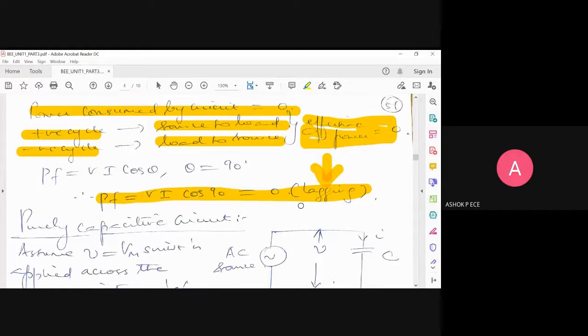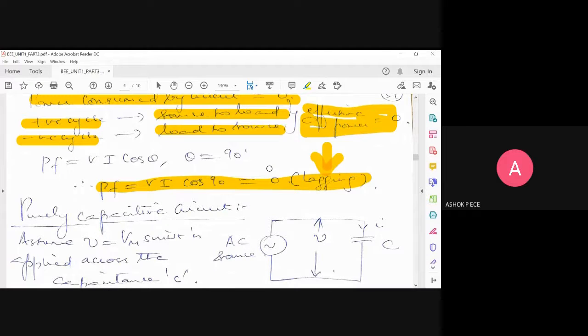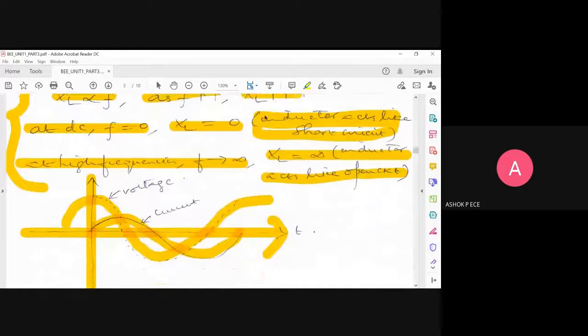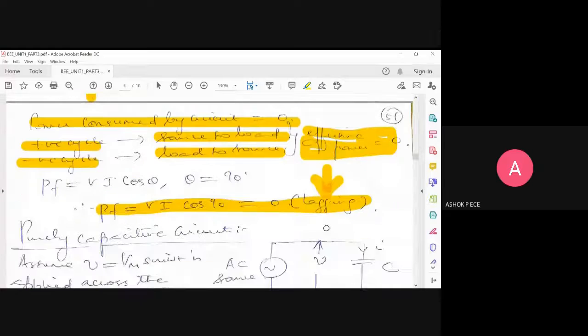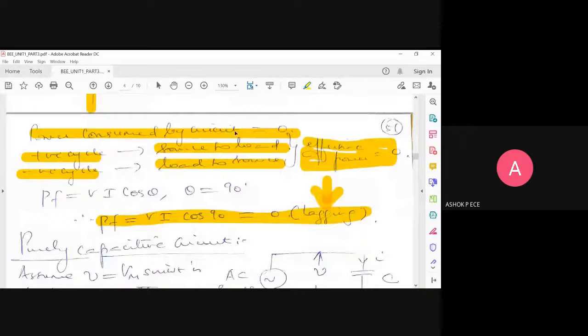Yes. For power factor, is our reference voltage or current? Current. See, for an inductor, voltage is leading the current, but for power factor, our reference is current. Here, current is lagging, so I write lagging power factor. Just because voltage is leading current in an inductor, don't write power factor is leading. It will be logically wrong. It will be absolutely wrong. So when the voltage is leading, power factor is lagging, because for power factor, my reference is current and not voltage. Be clear on that. Don't confuse yourself.